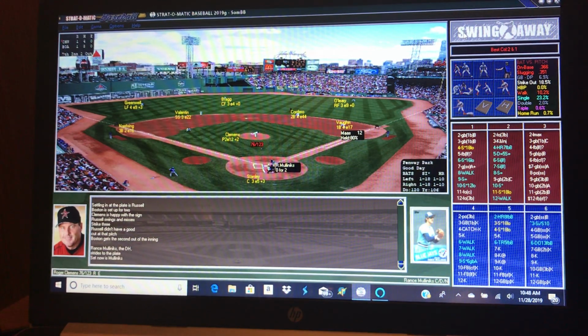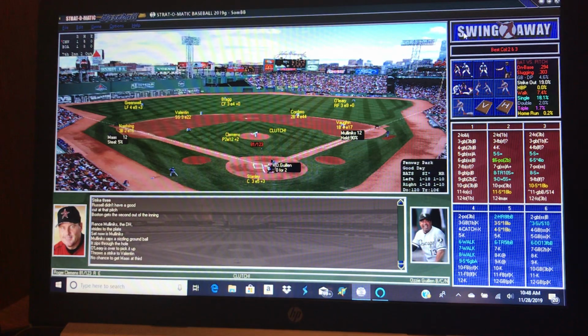And now Rance Mulliniks. And Rance Mulliniks is, yeah, looks like a nice single double asterisk there. Ozzie Guillen, come on, Guillen, get a hit. And yeah, wild pitch.